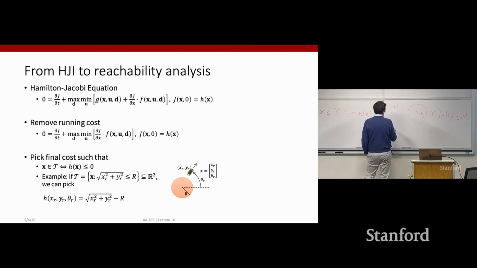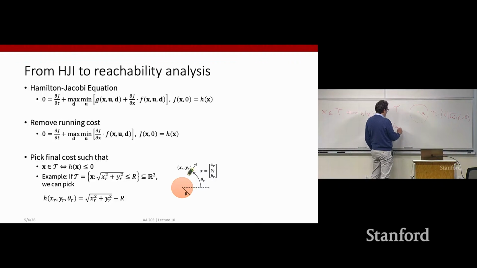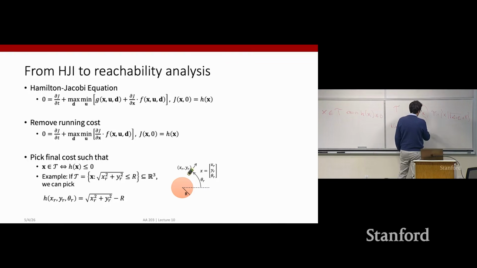Now you can define a function h. Let's assume that the state space of our system is three-dimensional. So we have a unicycle with state x, the longitudinal position, y, the lateral position, and theta, the heading. So we can define the function h as h of x_r, y_r, theta_r as square root of